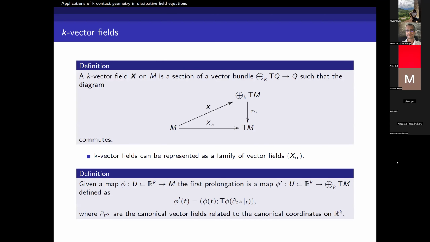So starting from the basics, I have to define what is a k-vector field. So it is basically a section of a vector bundle